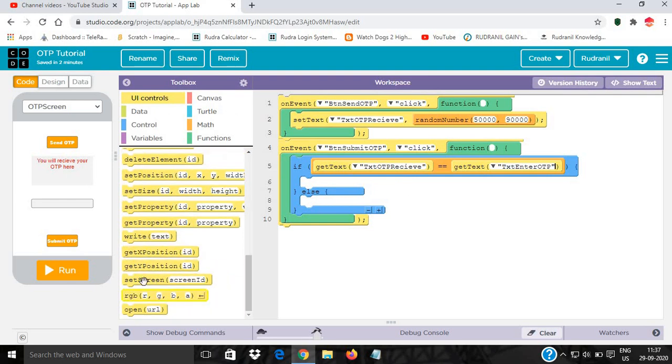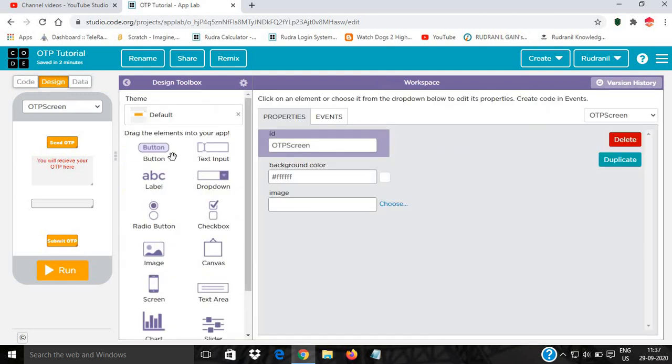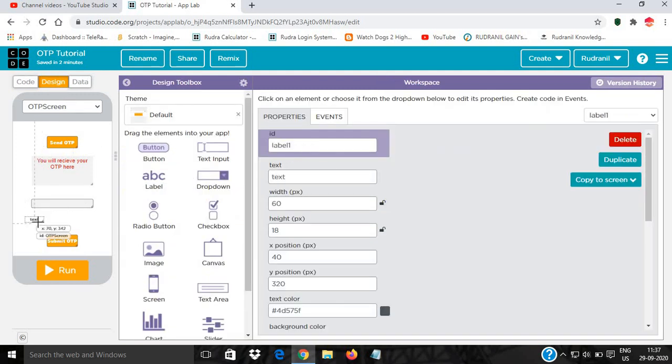If then set screen to the correct OTP screen, and else another thing we need, that is a label. Increase the area of the label, and name it label invalid OTP.